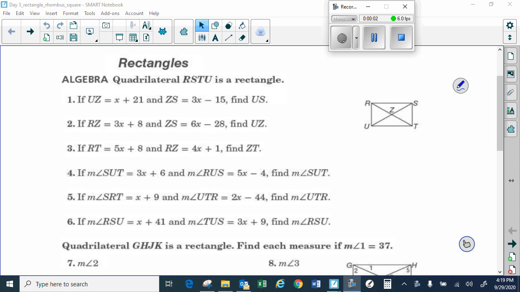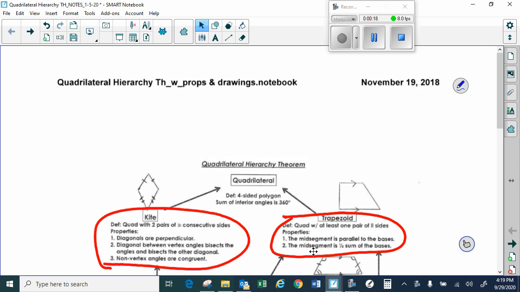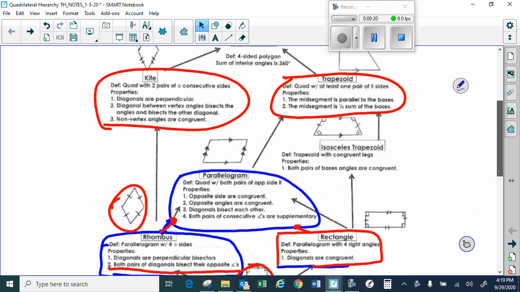All right, students, several problems from this worksheet, front and back. Notice the first one is on rectangles. It's defined as rectangle. Okay, so again, I would look at my quadrilateral hierarchy theorem and go down to